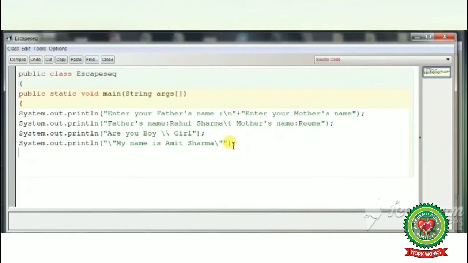Now I want to print my section also in single quote. How will I use it? Double quote start. I will write, I read in 9th. I have written. Now A1 or A2 I want to write in single quote.